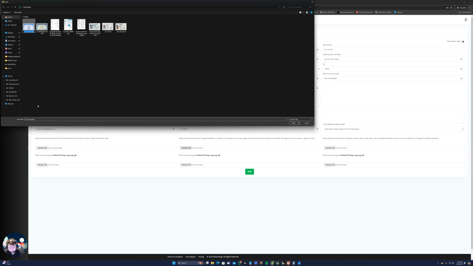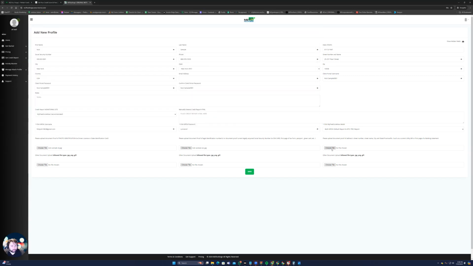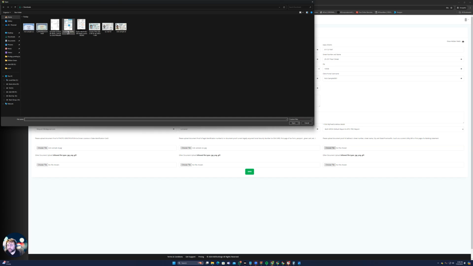Again, rename example SSD. Okay, and the last one is going to be your proof of address. Since we use that Con Ed bill, I'm going to go with the Con Ed bill over here. I'm just going to put Nick example POA, which stands for proof of address. If you ever get somebody that tells you you're missing a POA or something, you know exactly what that is. Now, always make sure that these documents,